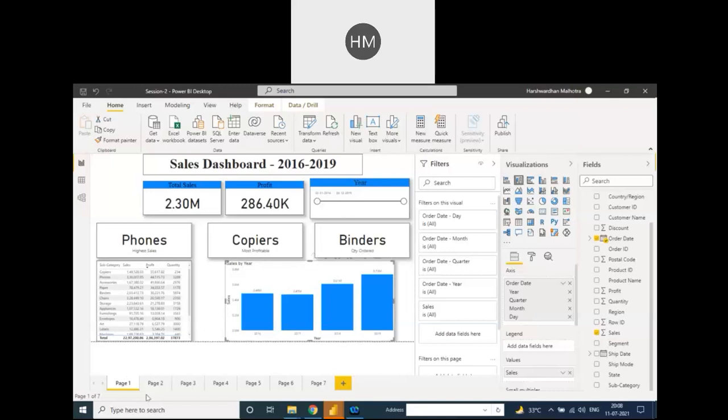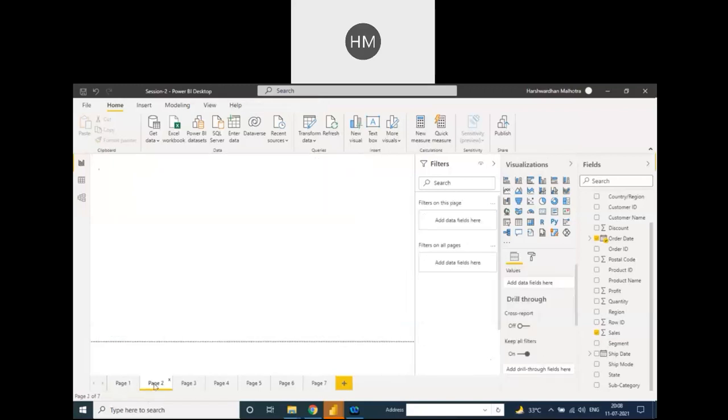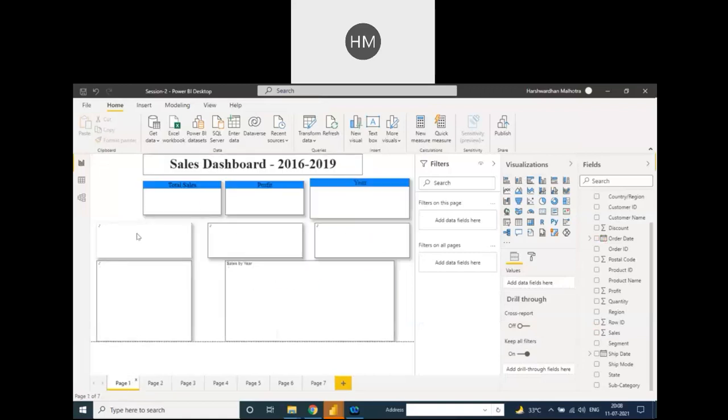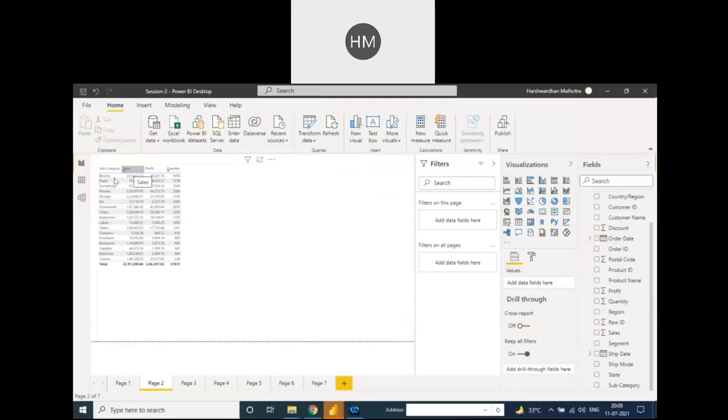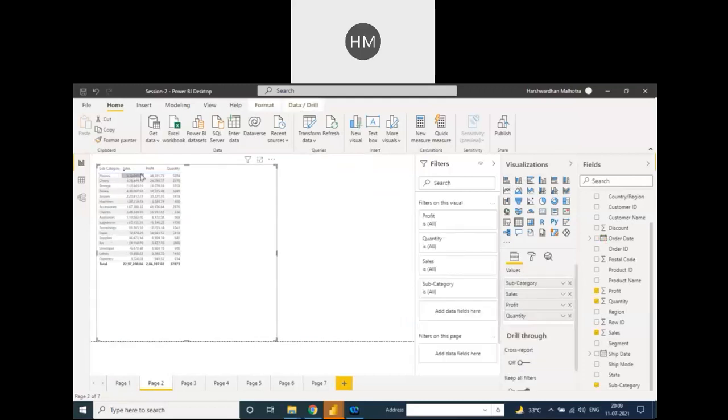On the second page, we are preparing just the table. I have copied the table and matched it with these amounts. Highest sales is phones, highest profitable is copier, and highest quantity sold is binders. All three are coming in the same scenario.